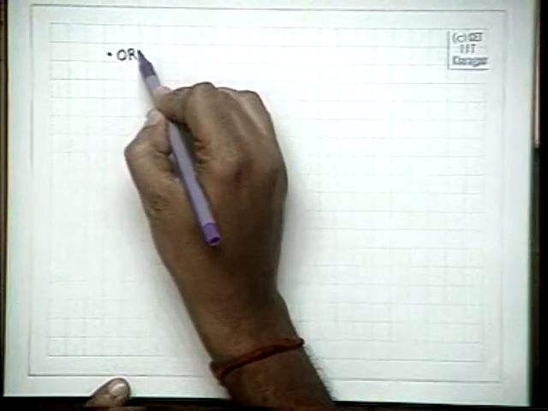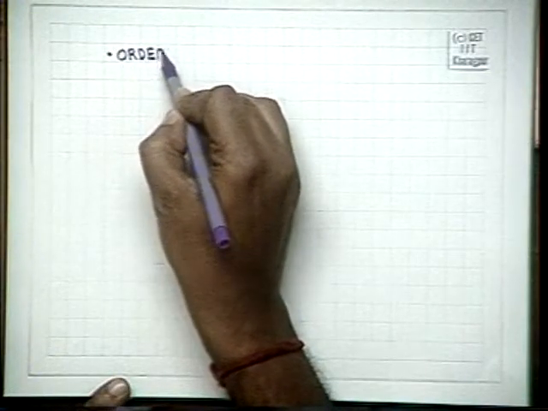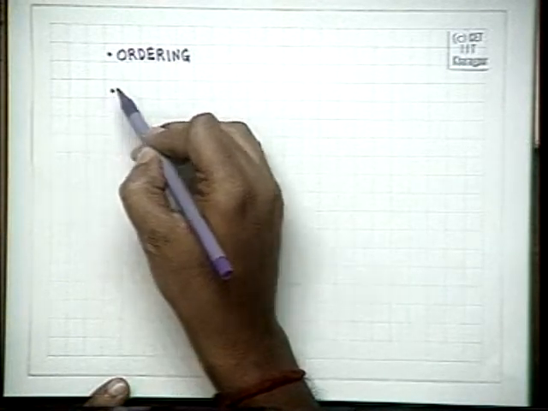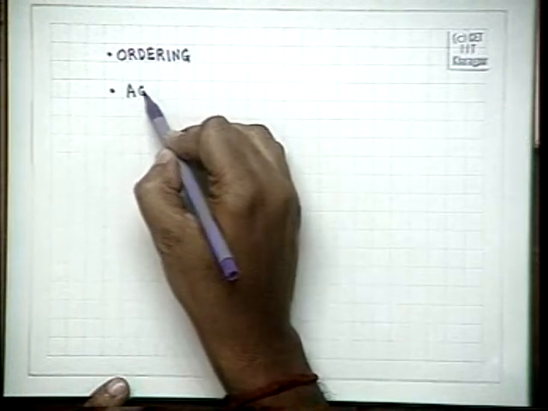We also did the existential queries, exists and not exists, where we found out whether the set is empty or non-empty. Today we will do some other additional operations. One is related to ordering, second is related to the aggregate functions,